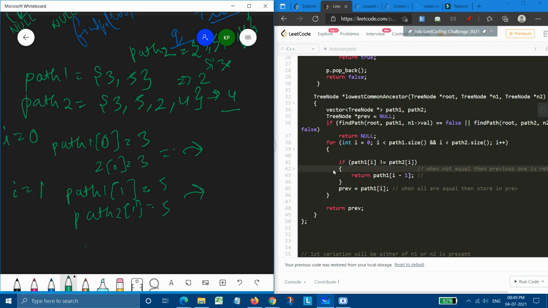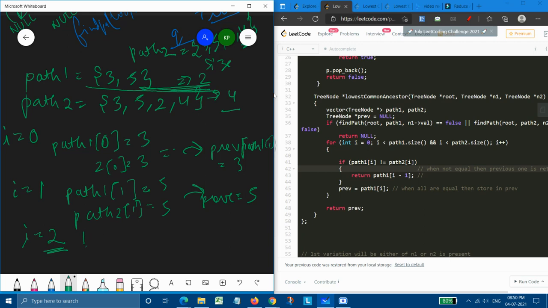But when i equals 2, at this moment, we simply exit this condition. That is, now our path 1 is finished. But at every step, our previous was also stored. Our previous here was path 1 of i, that is 3. Here previous was 5.